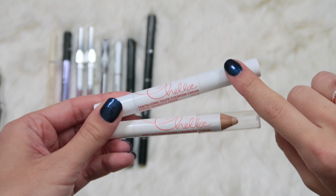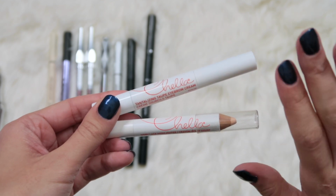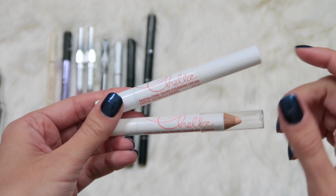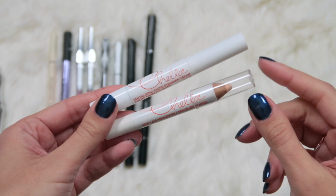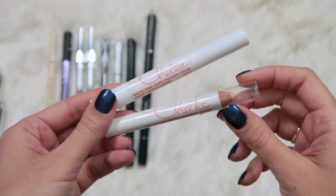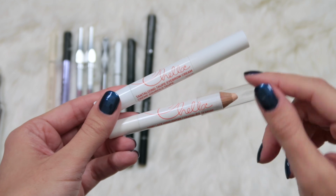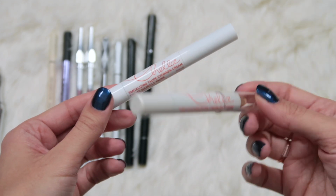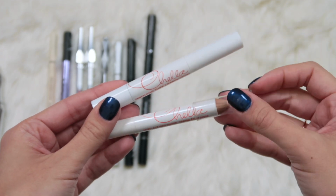So I have their Tantalizing Taupe Eyebrow Cream and their Ivory Lace Highlighter Pencil. Both of these are fantastic brow products that people don't talk about nearly enough. So this highlighter pencil, I feel like blows the Benefit brow pencil out of the water, because the color of this is a little more peachy yellow and I feel like it's got a much better undertone that's complementary to my skin, whereas the Benefit one is very pink and it just looks really unnatural on me. So I do really like this for cleaning up underneath my brows or for just, you know, a subtle